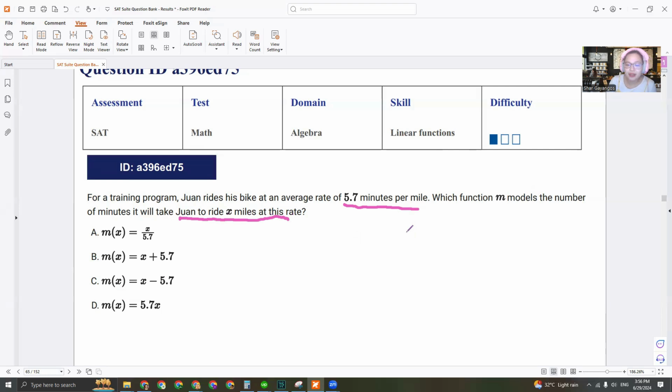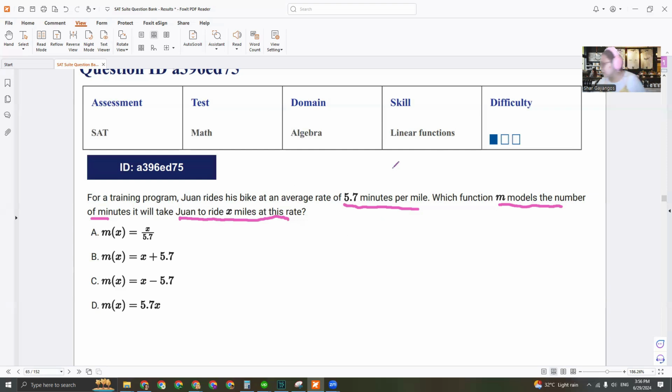So again, in the previous videos, I told you that if you're not sure how to set up an equation, then it's best to give an example, right? So for example, the function M models the number of minutes it will take to ride X miles at this rate. So let's say,